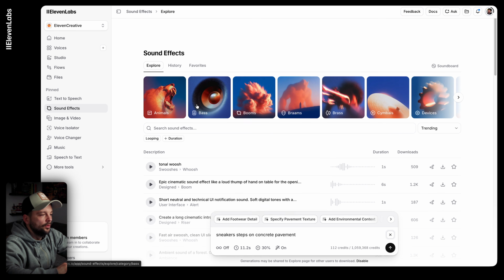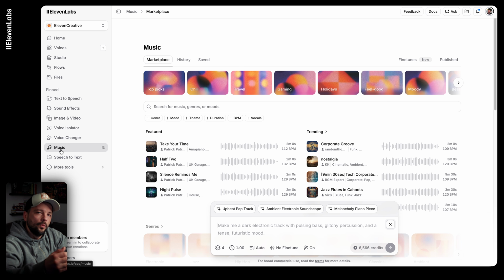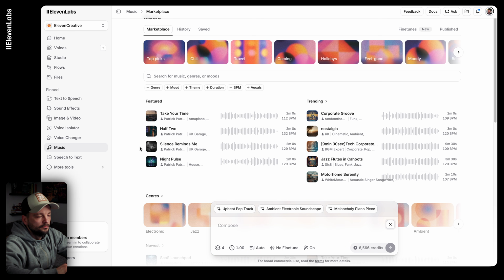That's fine. Now, this is actually one type of audio, which is sound effect. But you can also create a music here. And ElevenLabs also has a marketplace for music. Therefore, if you find yourself enjoying some music here, for example, this one,